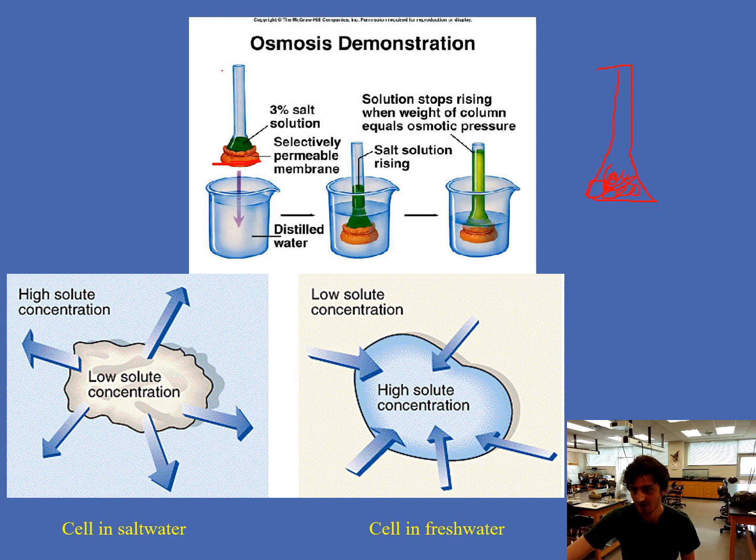If you imagine all those lines are salt, and in this distilled water, you have a very low concentration of solutes. So water is going to flow from low solute concentrations to high solute concentrations, so water is flowing up this test tube, causing that